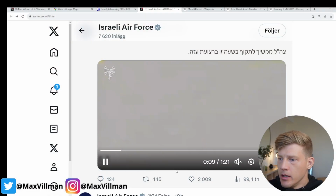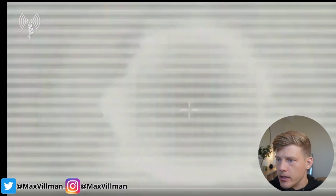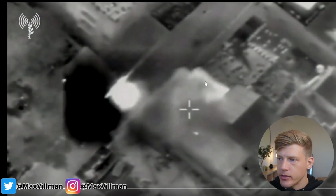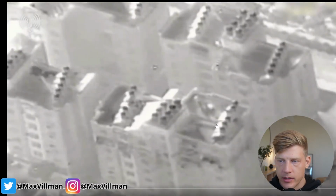The only thing I talked about a little bit with the weather thing that could provide a possible problem for the Israeli Air Force is if we take a look at their Twitter account, you see these massive airstrikes. Buildings collapsing. You see that there's a lot of dust being thrown out after each of these strikes, because it's a very dry area. So you have concrete dust, you have sand,